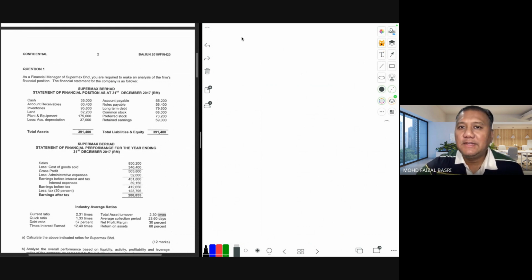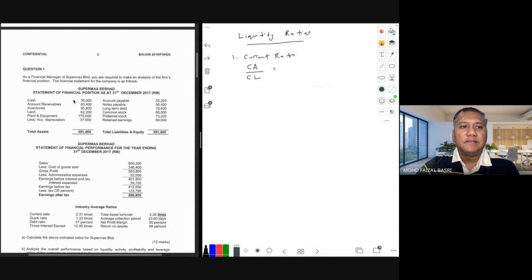So the first category tadi adalah liquidity. Okay, liquidity ratios. So the first one is current ratio. Okay, and if you recall, the formula for current ratio tadi adalah current assets divided by current liabilities. Okay, right. Based on this question, okay, kalau macam